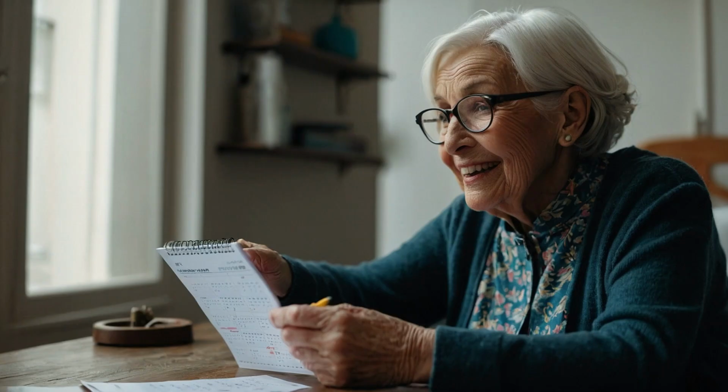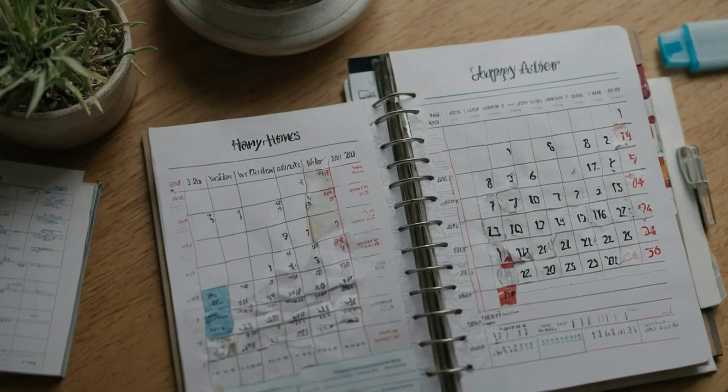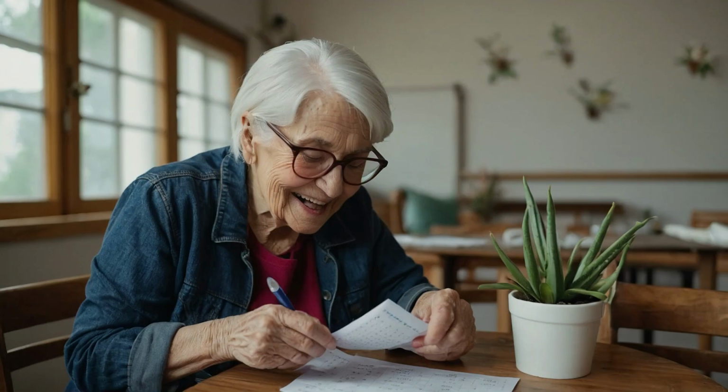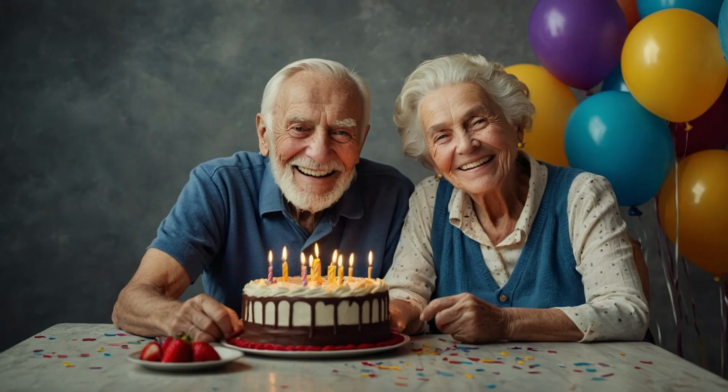But here's something crucial that many recipients don't realize. If you're receiving both Social Security and SSI, you might actually receive payments on different dates throughout the month. Your SSI payment would have arrived on June 28th for the July benefit month, while your Social Security payment will arrive according to the birth date schedule we just discussed. This can actually be advantageous for budgeting purposes, as it spreads your income throughout the month rather than receiving everything